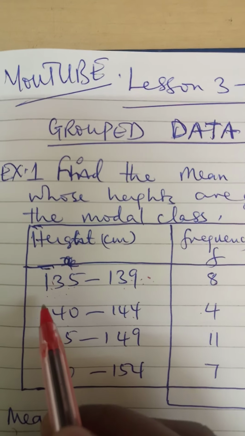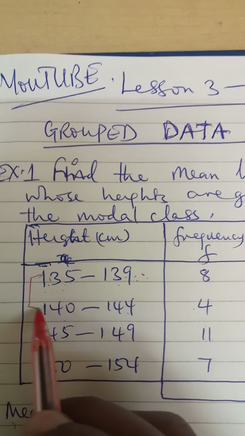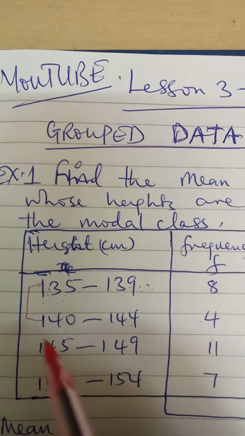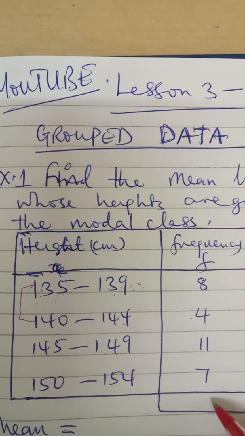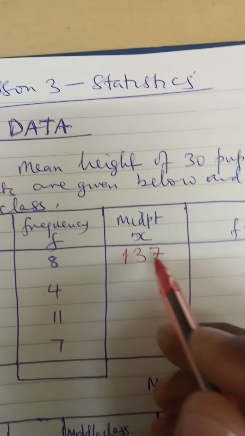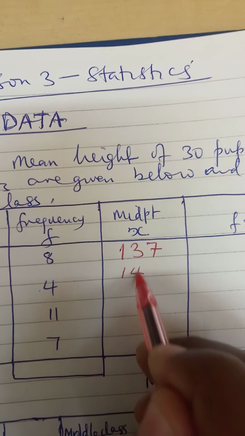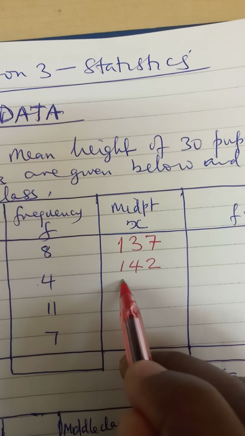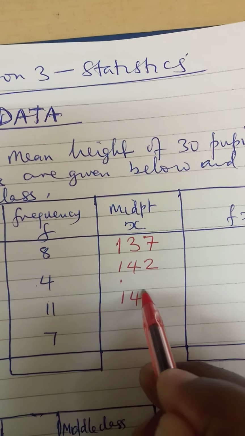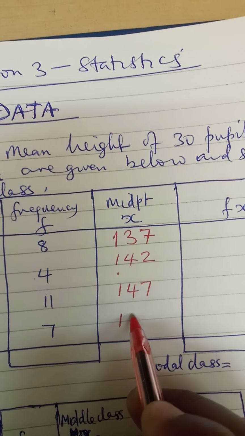The class width here is the difference between these two, and the class width here is 5. So we will be adding 5 here for quick computation to get our next values,